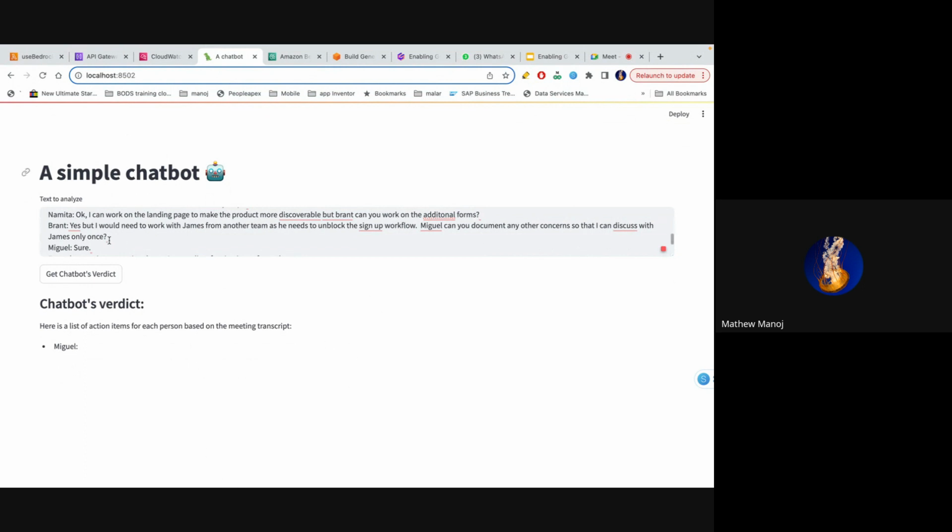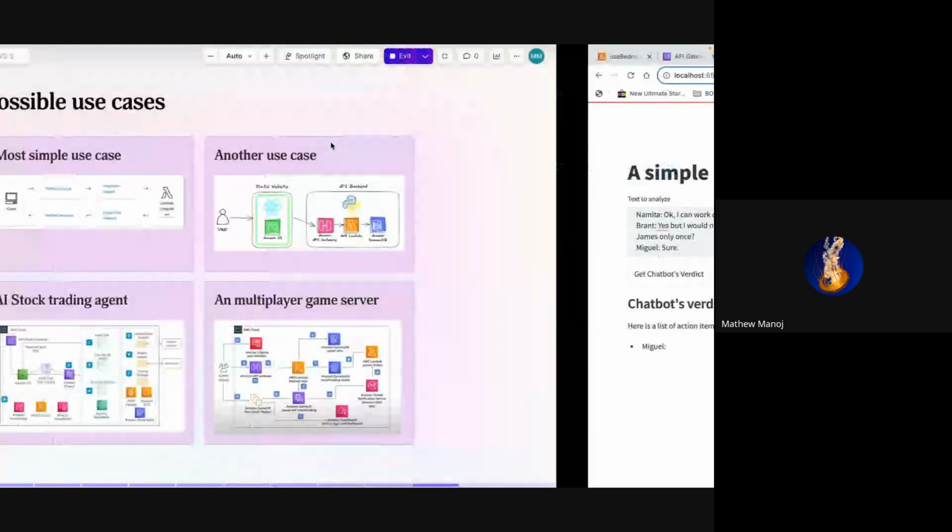But yeah, at the end, this is how you can leverage Amazon Bedrock to make your own application.